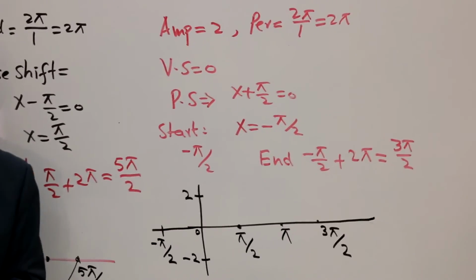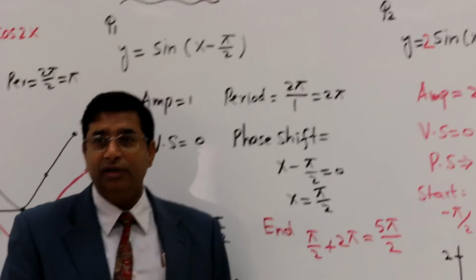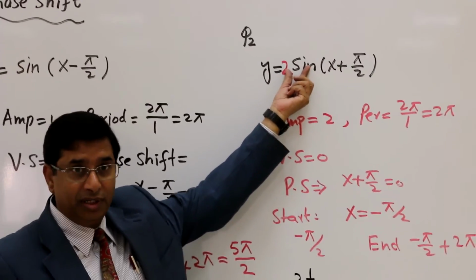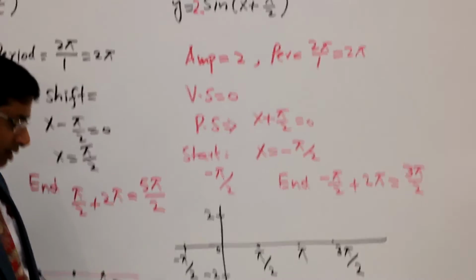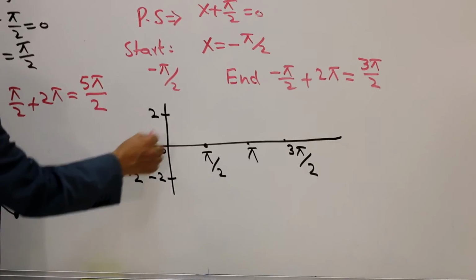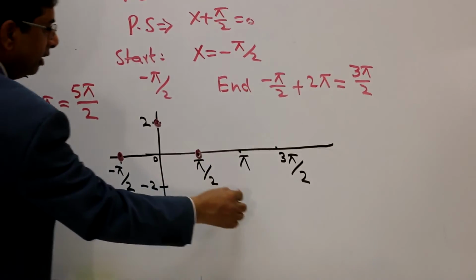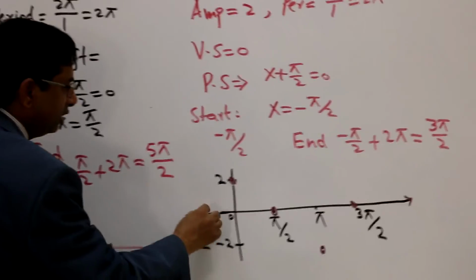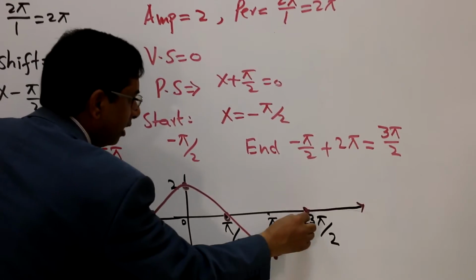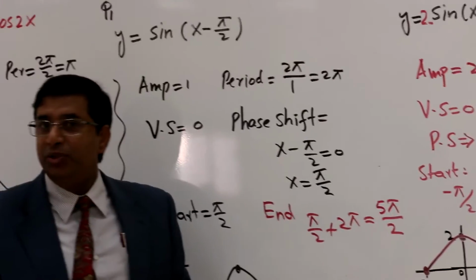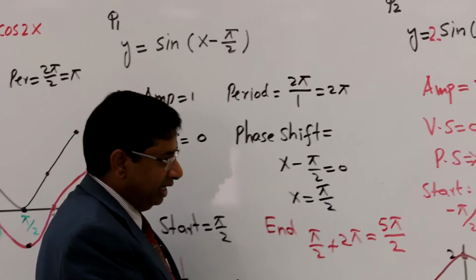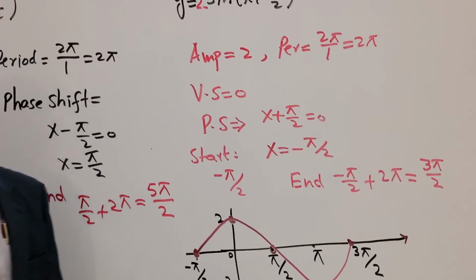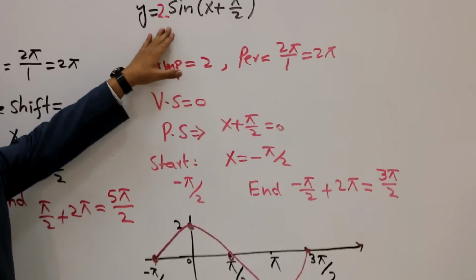Look at the curve of the graph. Which curve is this one? This is a sine curve. And sine curve we remember. The same curve within this interval we shall plot. This point here, then here. See, same way you are taking the point. No need to use calculator or anything. And just we join this. So you can see the graph, actual graph is starting from negative pi over 2 and ending at 3 pi over 2. This is how we can use the phase shift in the trigonometric function.